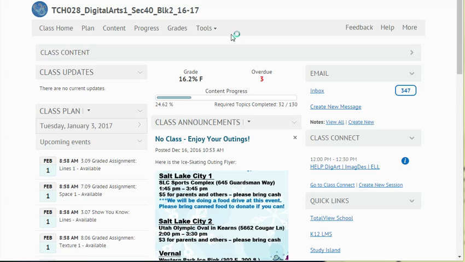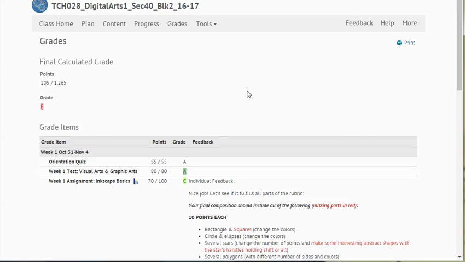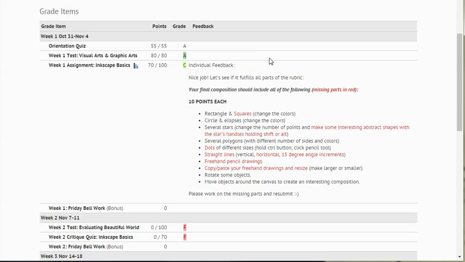I'm in your classroom right now, and I'm noticing that probably the primary reason that your grade is low at this point is just due to lack of work completion. And although we do have some Inkscape assignments, much of the class is based on tests. So you are obviously an awesome student. I can see that you got some great grades here.